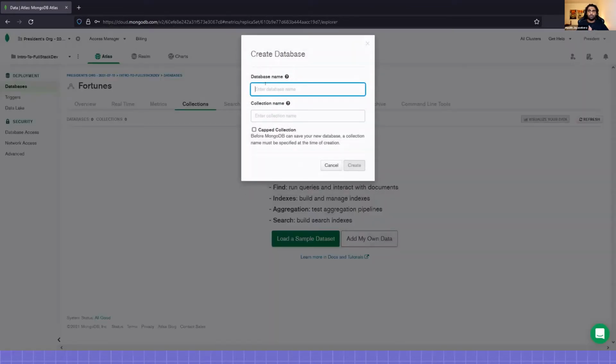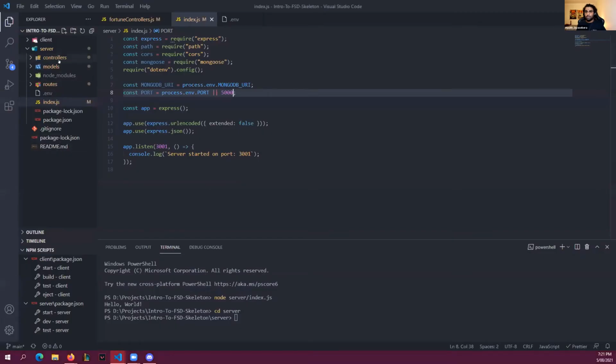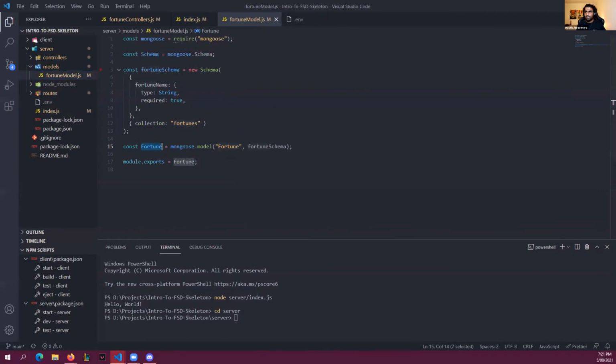Now you can name your database whatever you want, but we're going to call it fortunate because we are fortunate to have this database. And we're going to give it a collection name. And this collection name, as you may recall earlier, is what we put into the model right here, collection. So we want to keep